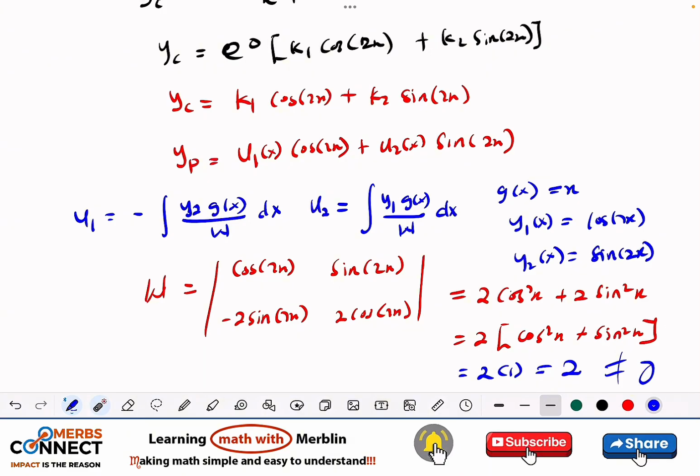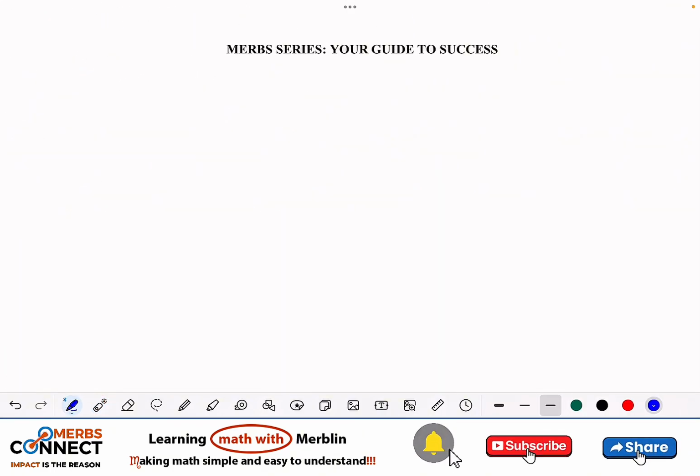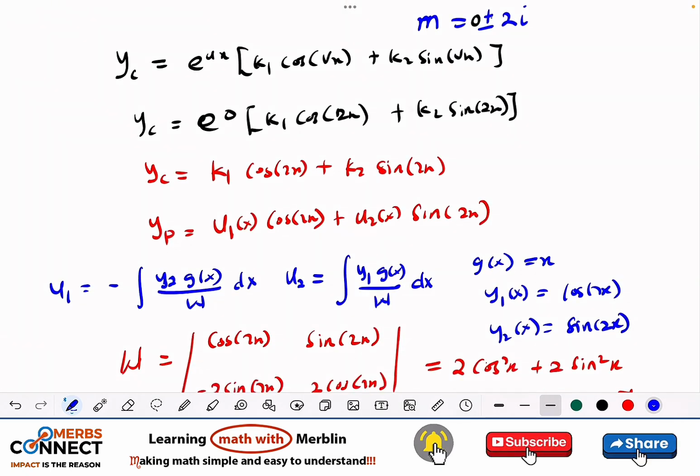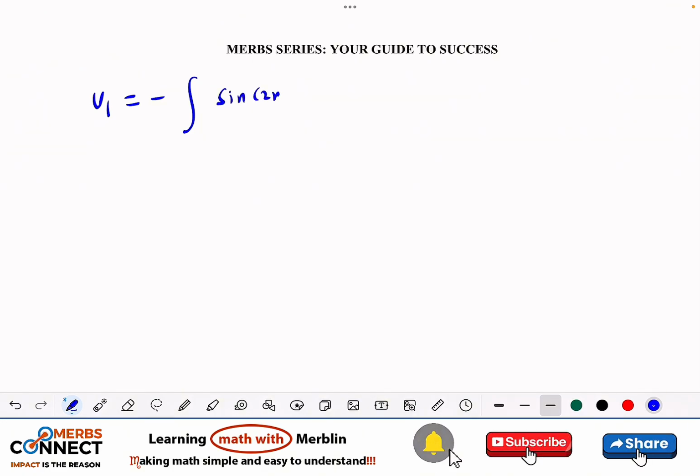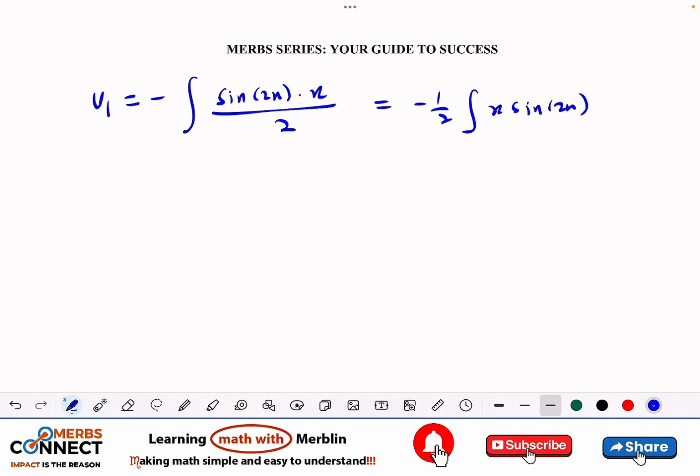So now that we've gotten the Wronskian, which is this, we know y2, we know g(x), y1. We can find the u1 and then u2. So let's do that. u1 is equal to minus y2, which is sin 2x, times g(x), and this is divided by 2. So this is what you are going to get, and this is the same as minus 1 over 2 x sin 2x. So here we need to figure out how we are going to do the integration, and here we